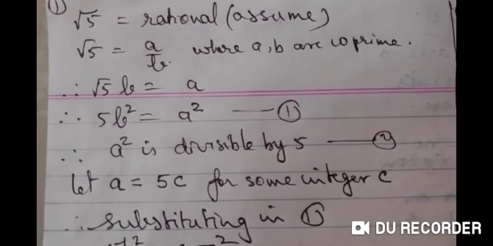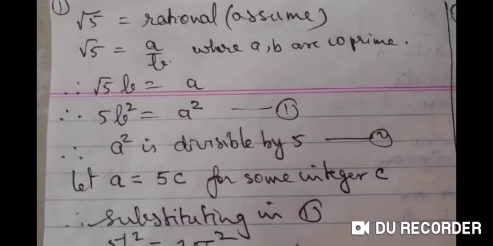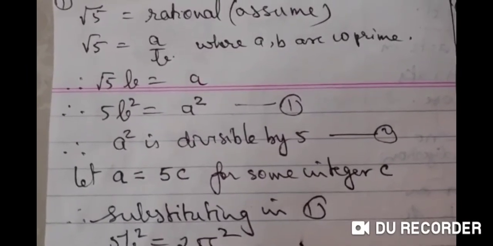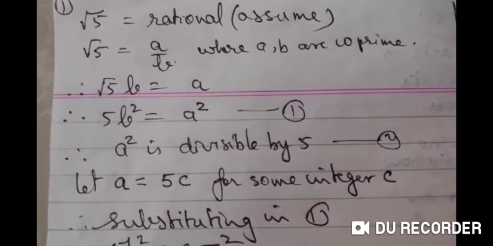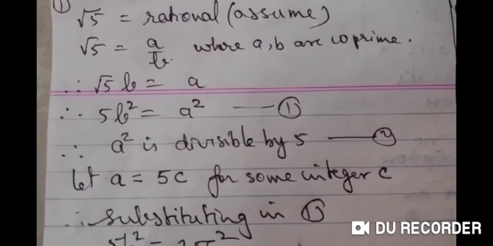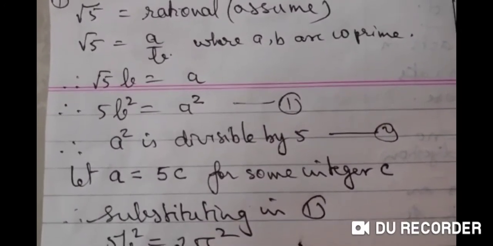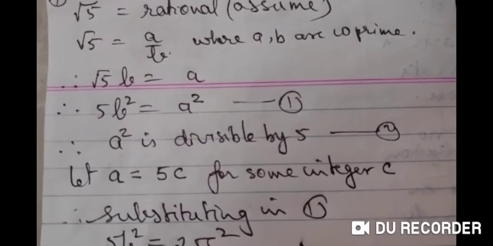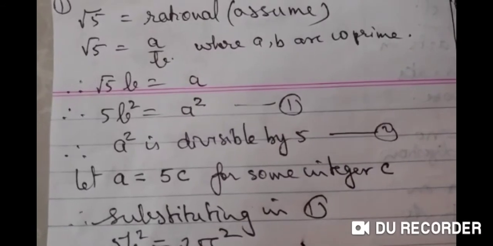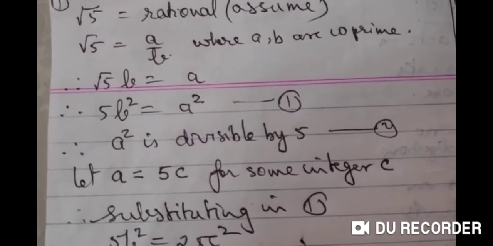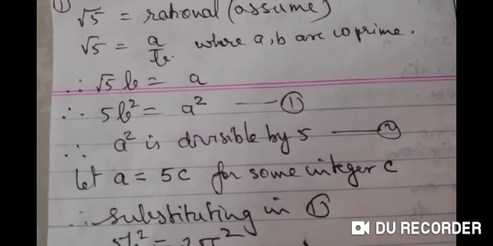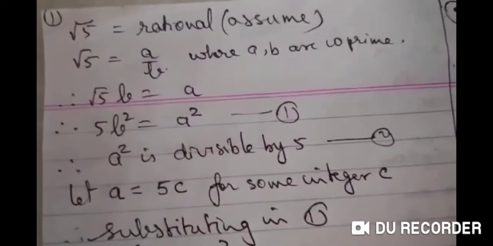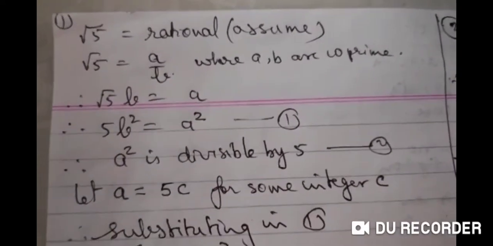Now, whenever you have a single number to be proved irrational, root 5, root 3, root 2, root 11, root 13, like that, any such number, then you have to follow the method as we have understood in the examples. For root 5, we don't know whether it is rational or irrational, isn't it? You have to prove it is irrational. So, it is an indirect way of proof. You assume that it is a rational number. Rational numbers can be expressed in the form a upon b.